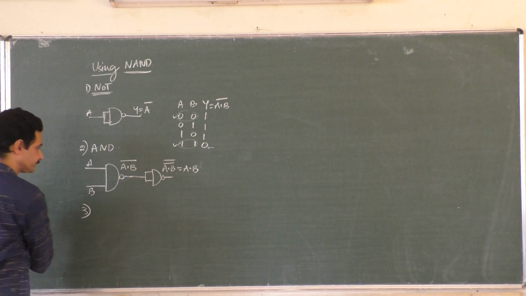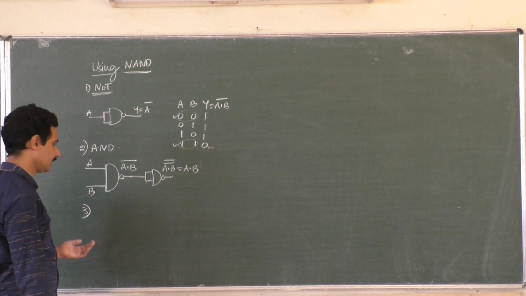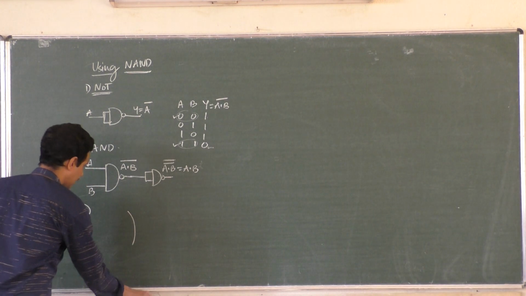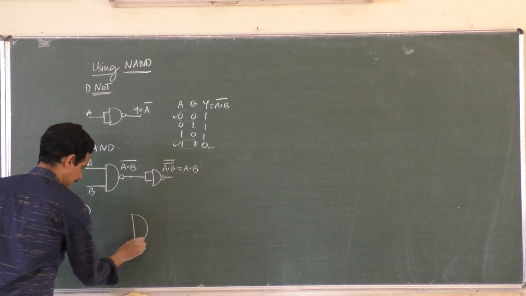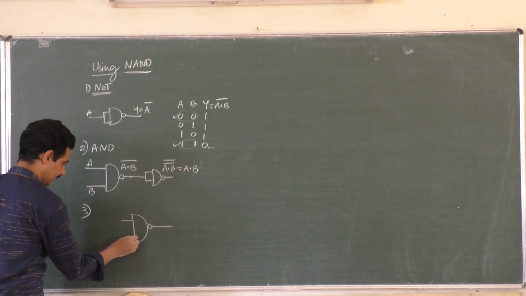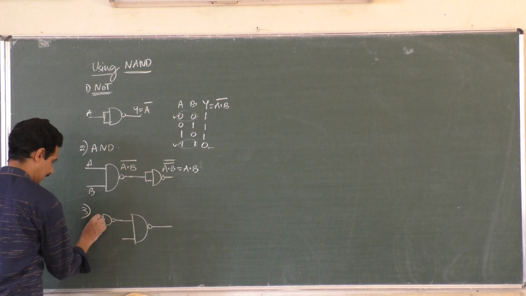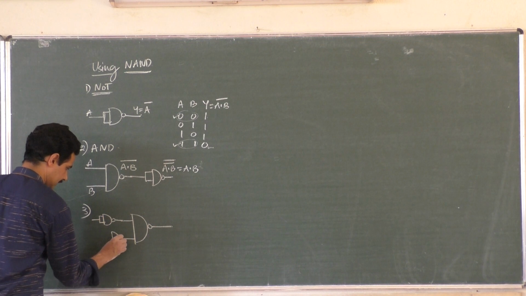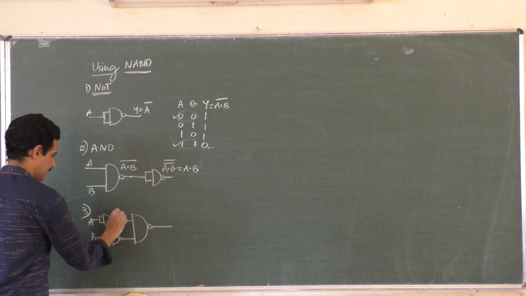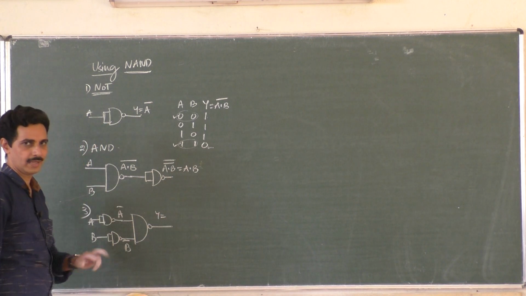How to get OR? OR gate using NAND gates. So here I don't go for any story, just remember it like this. Take a NAND gate, and take two small NOT gates, connect them to the input, that's all, finish. Take the NOT gates using NAND gates only. This is one NOT gate with tied input, and this is another NAND gate with its inputs tied. This is A, this is B, here is A bar, here is B bar, and I will prove that this output is A or B, A plus B.